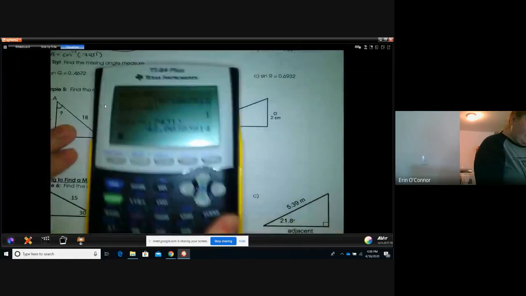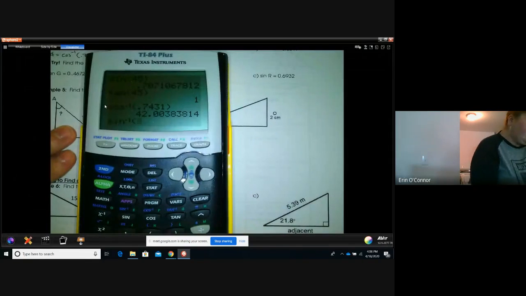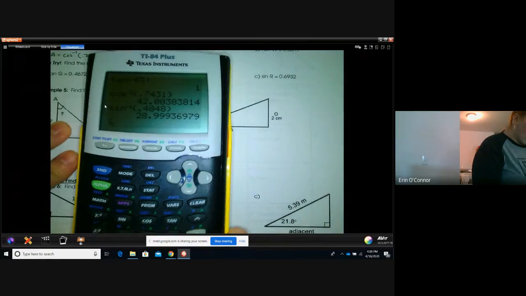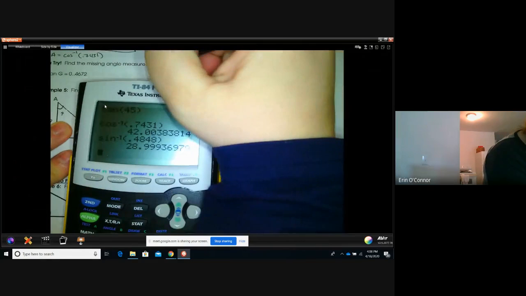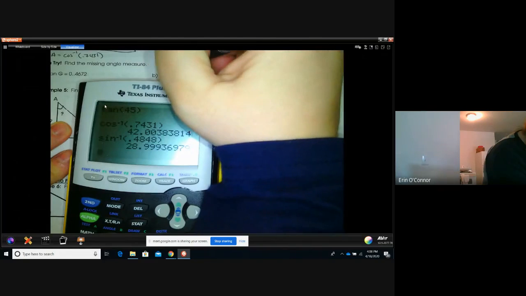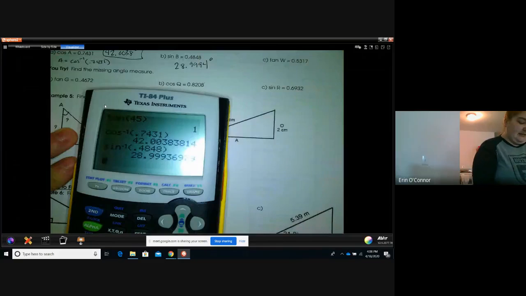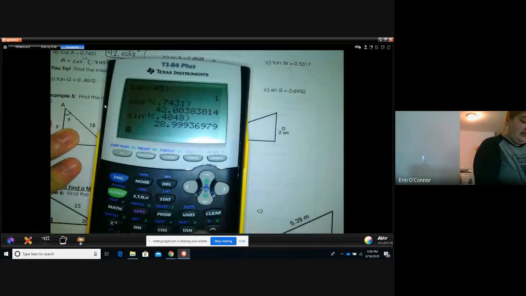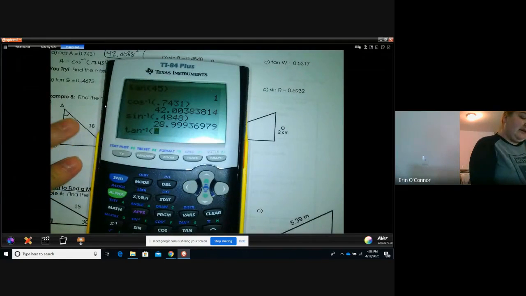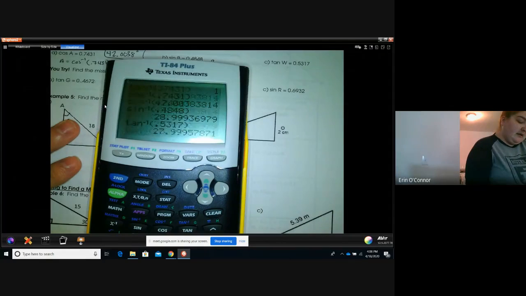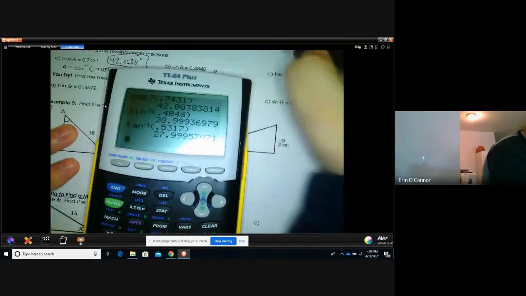And the next one is inverse of sine, or arc sine, of 0.4848. And then this is 28.9994. So 28.9994 when you round correctly. And remember, we're in degrees. The next one is arc tangent, or the inverse of tangent, of 0.5317. And this one is going to give you